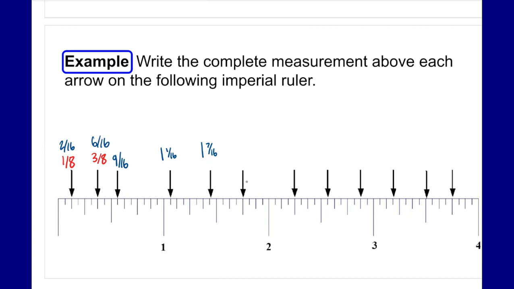Moving on to the third one in this next segment. So again, we are starting with 1. If it helps, you can always start by counting each line individually. So 1, 2, 3, 4, 5, 6, 7, 8, 9, 10, 11, 12. So that means 12/16. Understanding though, that because it's not a small line, right, this line here is not the